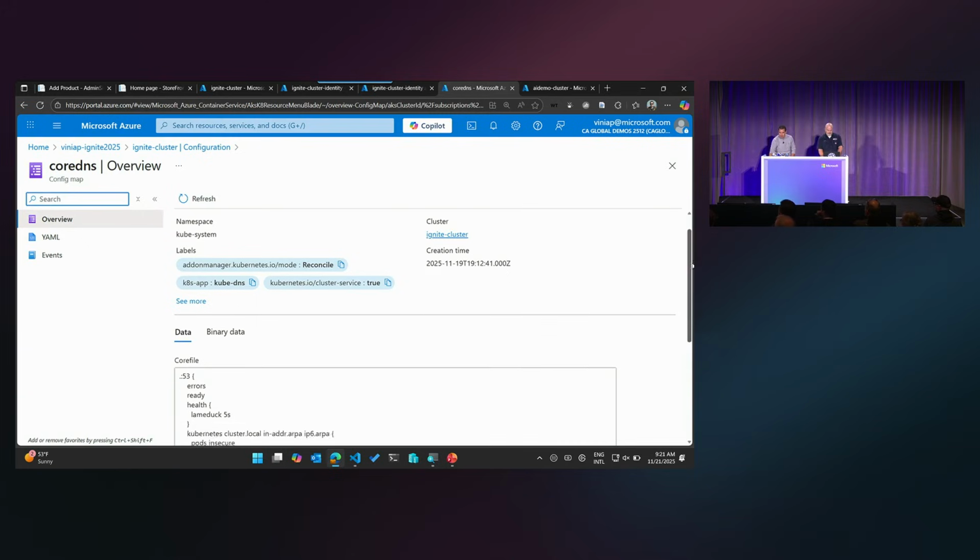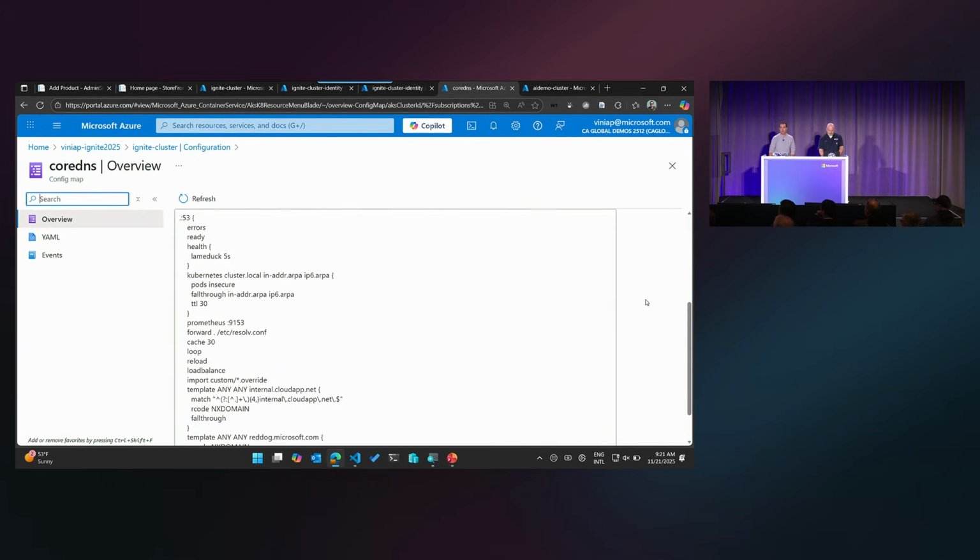The only thing is that you do this through a YAML file, and this is what the configuration for core DNS looks like. We have documentation saying if you need your AKS cluster to talk to a zone that is only available inside of your company, so no outside DNS server will be able to find it, here's how you have that configuration.